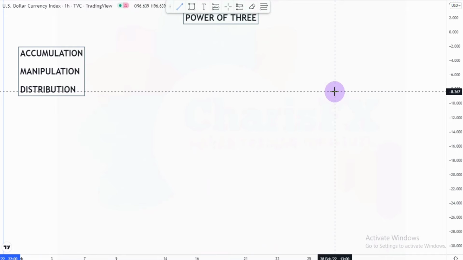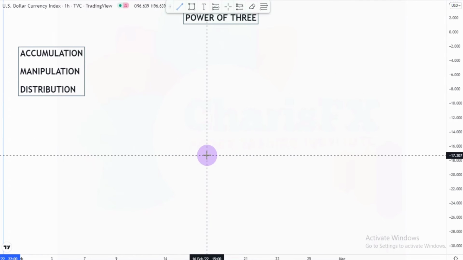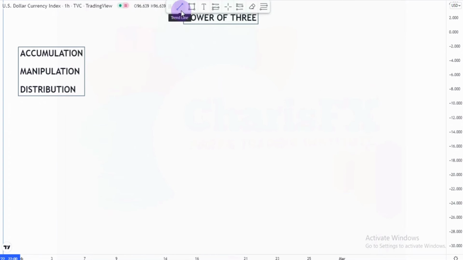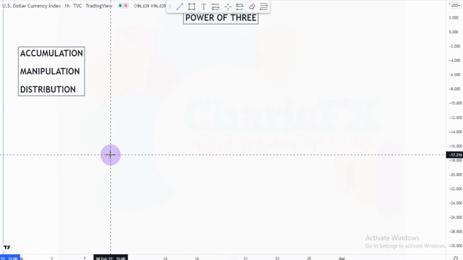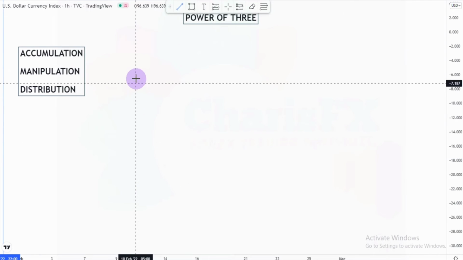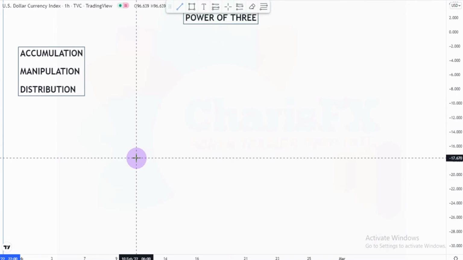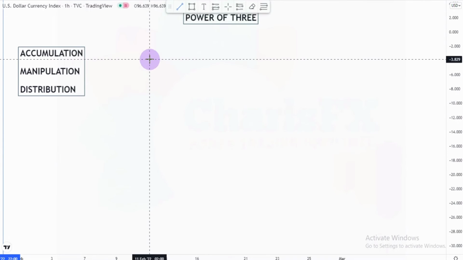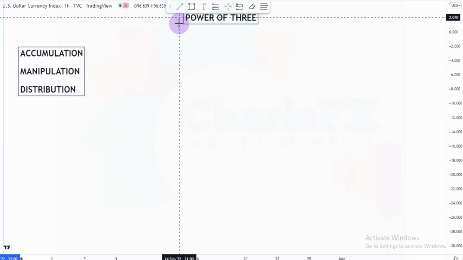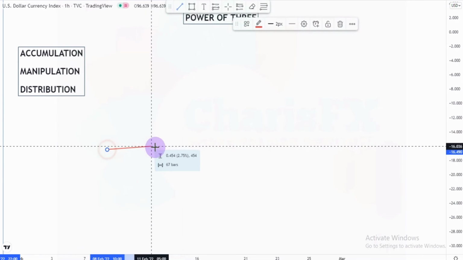When price is bullish, it is expected that price would open below and close above on a bullish candle. The opening price of a bullish candle is usually below the closing price. So if this, for example, is a bullish candle,